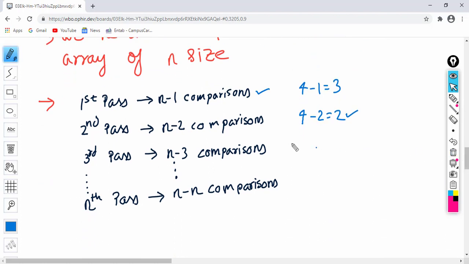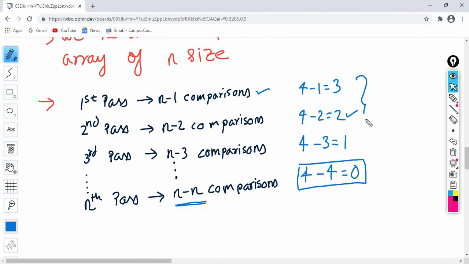Then in the third pass we needed 4 minus 3, that is only one comparison. And finally in the nth pass, when n is 4, n is always 4 here in this example, we required n minus n. So n minus n will give me what? 4 minus 4, 0. That means we don't need to compare anymore.